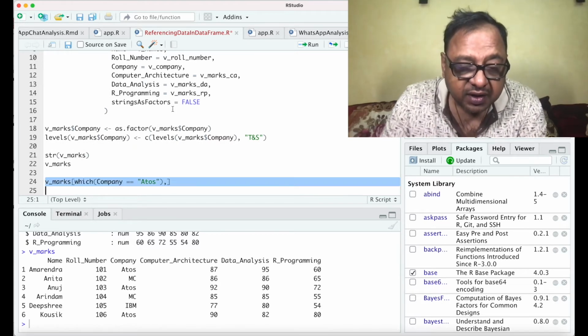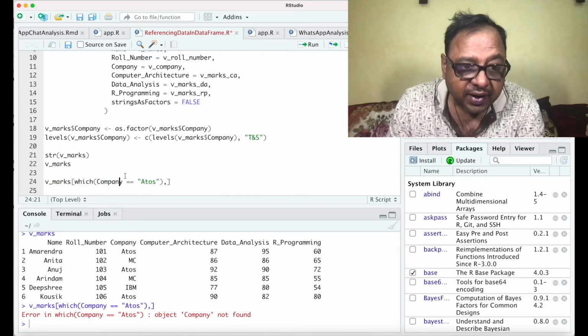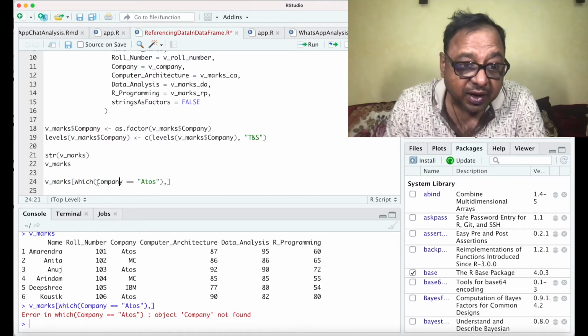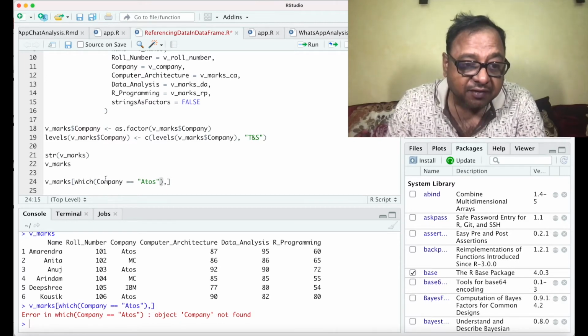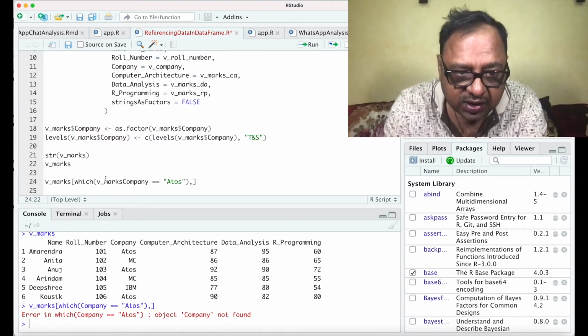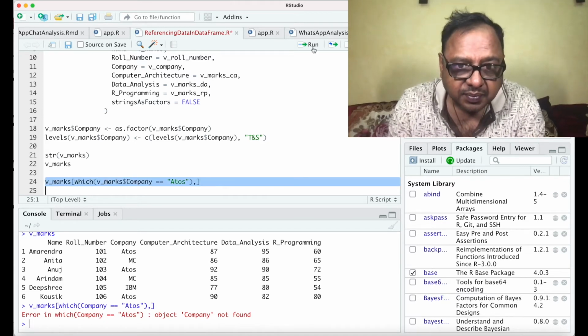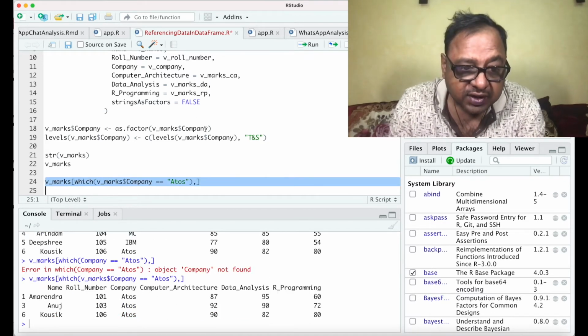When I do this, it gives an error. This is basically because it cannot find the company name because I haven't referenced the data frame. So I have to give v underscore marks dollar company, and then this will work. So you see I get this.